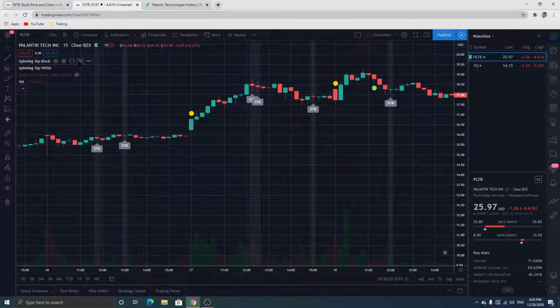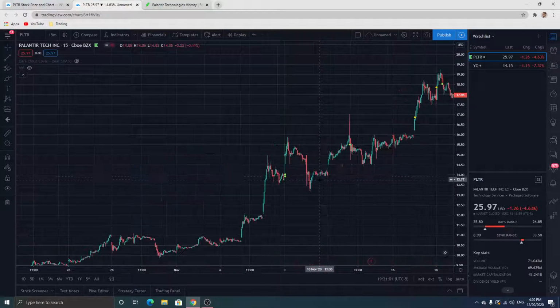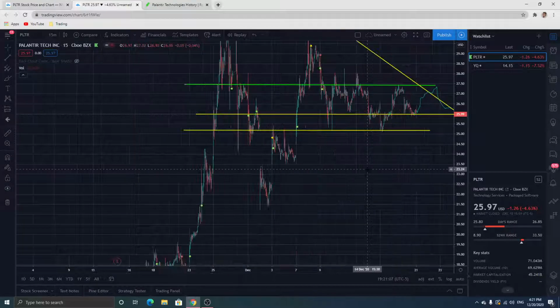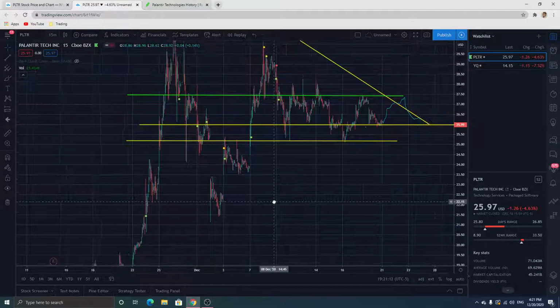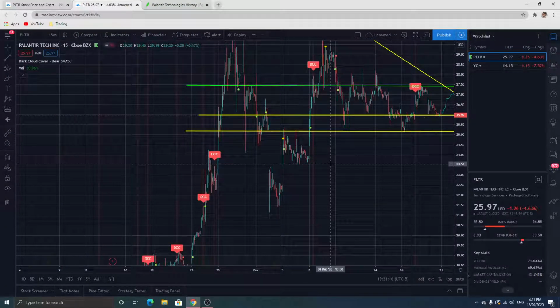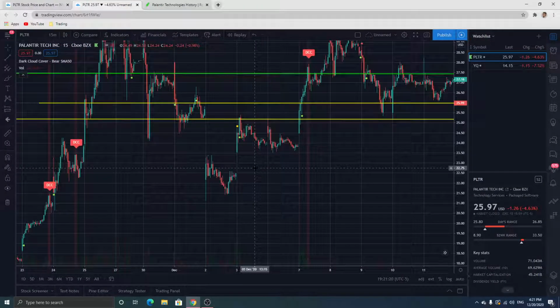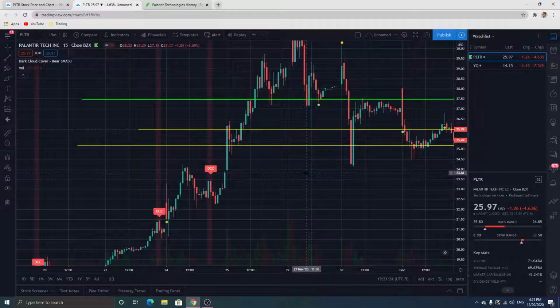So I got into Palantir pretty early, and now it's at what, 27, 25? So for them to go back down to at least $20 is slim to none. But the dark cloud cover, I'm a huge fan of this. I'm not gonna lie. But the only reason I have my technical analysis like this is because I'm looking